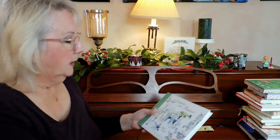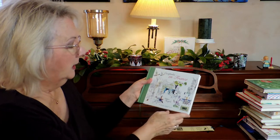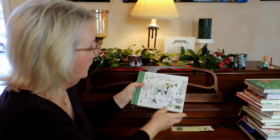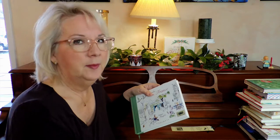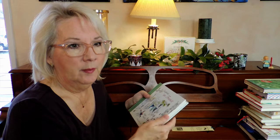Now my last one is actually in French. It's Escapad France by Lizzie Mapoli. I bought this in Paris when I was there in the fall of 2021, and I found this wonderful little shop that had all kinds of stationery things and everything. Oh, if I could find it again, I'd be in heaven. It was just on a little street. We happened to walk by. I walked in, and I had so much trouble choosing what not to buy